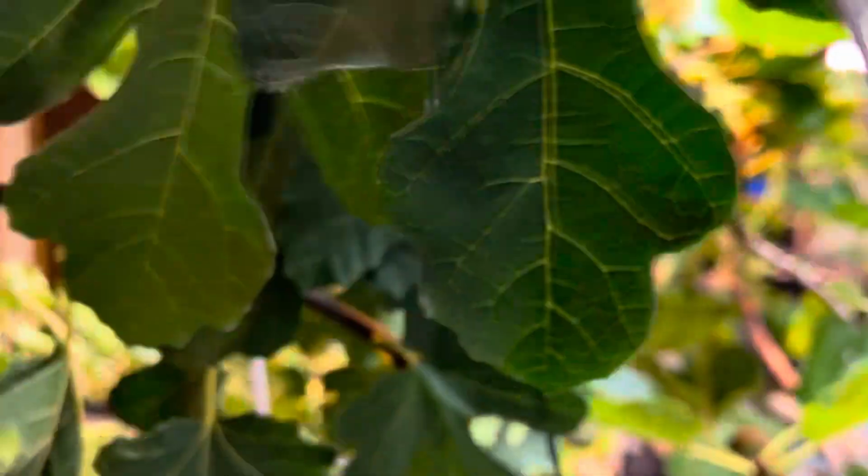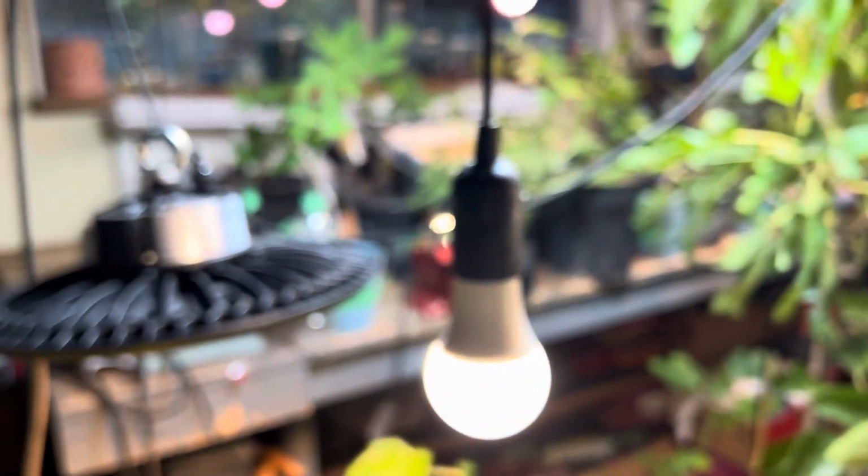I mean, the lighting system isn't the best lighting system. Let me tell you about that. But it's one that I have used for 3 years. This is not my first time doing this, by the way. And I will tell you, the results are that these fig trees do ripen their figs. They come out delicious. All they really wanted, like I've mentioned so many times, is just a little bit more heat, time, and a little bit more light. But I will tell you quickly that